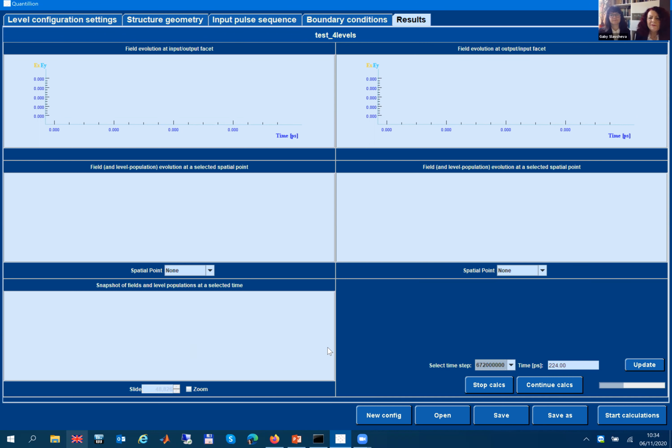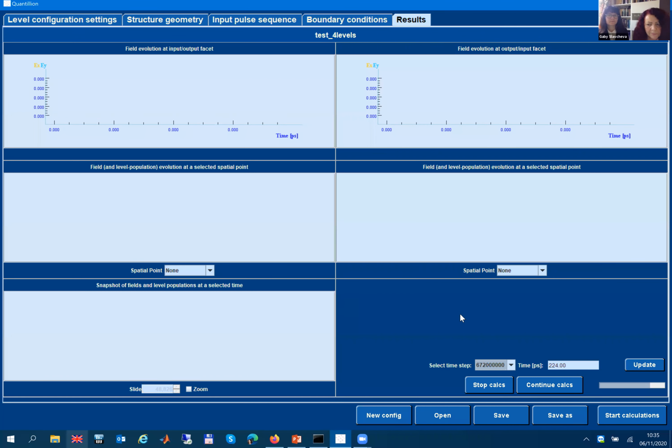We can also continue from the point where we have interrupted the code, and this button allows us to continue from a certain point where, for some reason, we have interrupted the calculation. We do not need to rerun the calculation, but continue from that point on. Of course, these calculations are quite long, and in order to visualize them, they need to be loaded every time, but the behavior can be monitored on the fly.